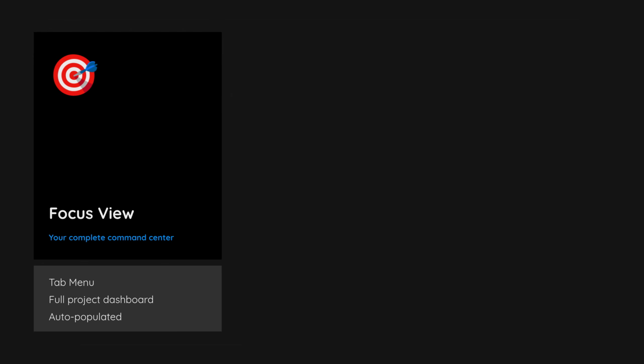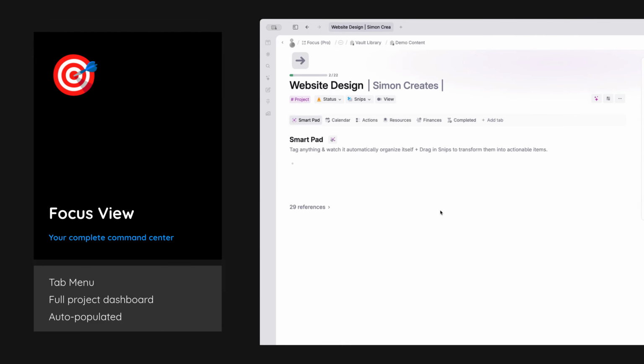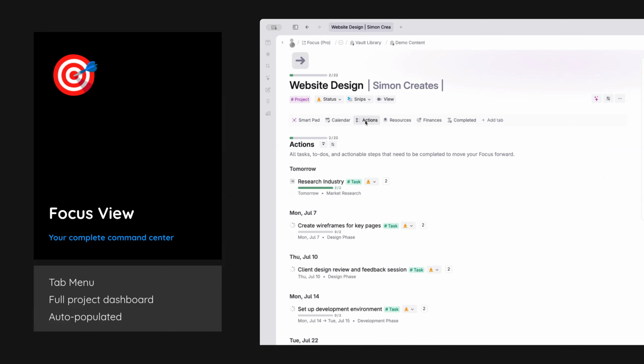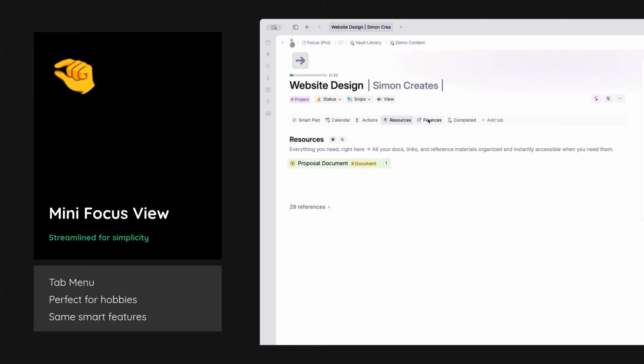The focus view is your complete command center. It's a full project dashboard. It auto populates with all your materials that you are collecting throughout the time, and your mini focus view effectively